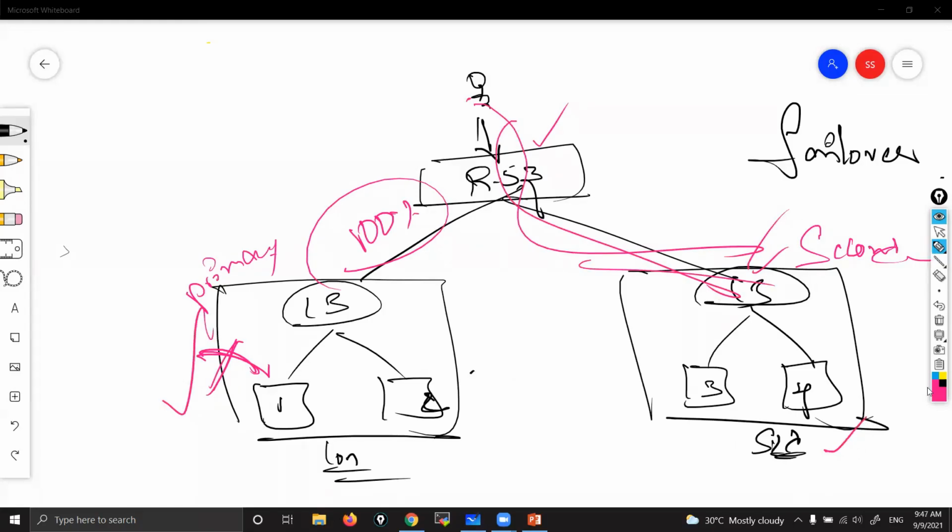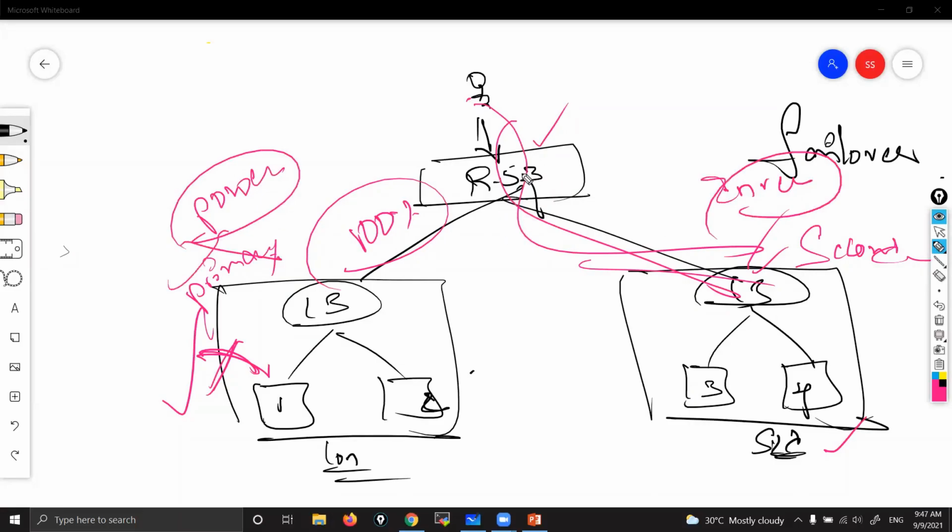If it fails, then the second one acts like a disaster recovery. We call it a DR site, disaster recovery. Standby, guys, simple standby. Like, this is the main power supply. This is the inverter. If you lose the power supply, immediately all electrical appliances will be switched to the inverter. If you get your supply back, these connections will come back automatically. Correct or not? That is how it works, right? If you lose your supply, all connections will be switched to the inverter. All these electric appliances will run on the inverter. If you get the power supply back, then all will come back. Correct? That is how it works.